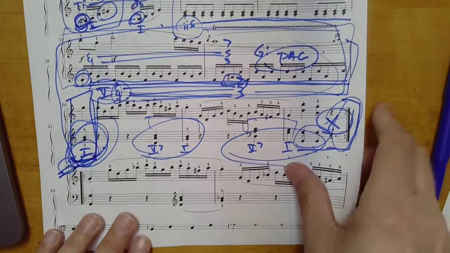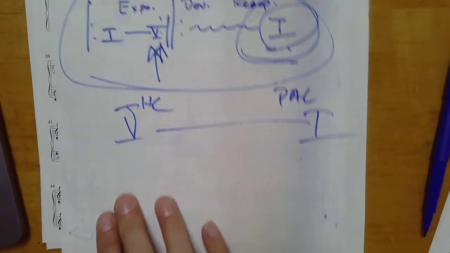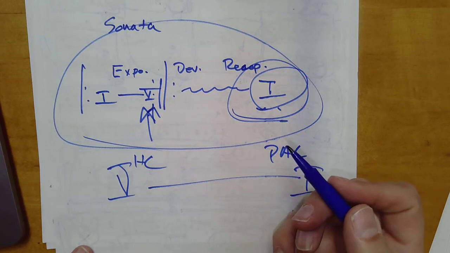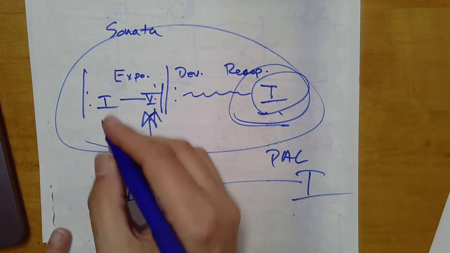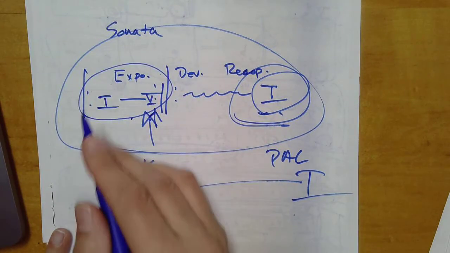So now we're going to look at the next section. Oh, look at that, right on the back of the thing. I flipped the paper over to write this, and it was already written there. Amazing. I amaze myself. Okay, so in the exposition, which we talked about, measures 1 through 28, we started in